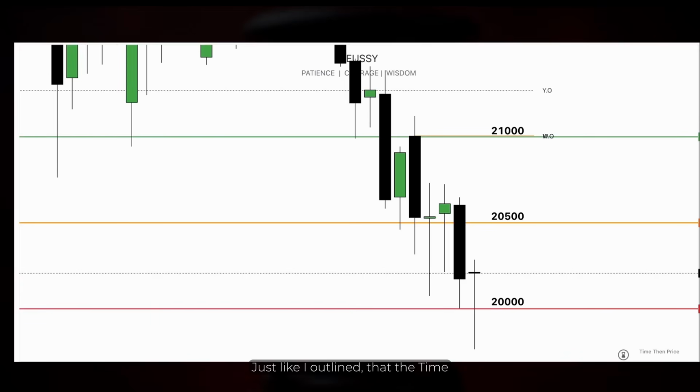Just like I outlined that the time cycles are fractal, where we can apply the same logic over and over again, across different time cycles, both smaller and bigger, the same applies to these price ranges, where we can apply the same logic on a smaller range as we do on a bigger range. And when you begin to understand this, it opens up a completely new perspective across all financial markets,